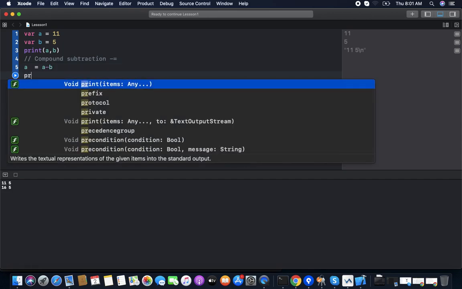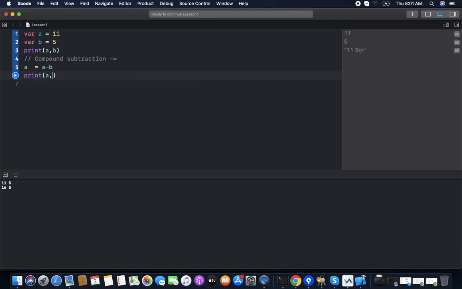If we print a comma b, you can see 11 minus 5 is 6. So a is 6 and b still remains 5. Or we can use the compound subtraction symbol. You can see it's the same, 6 and 5.